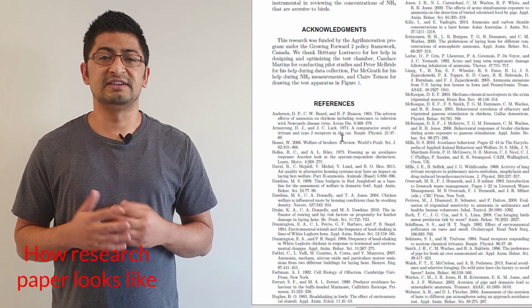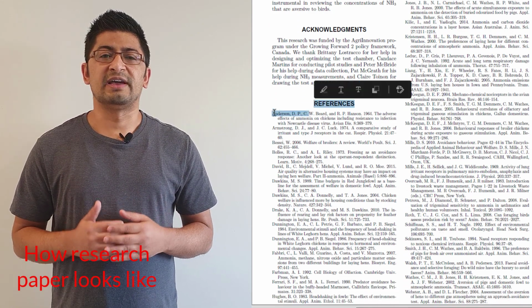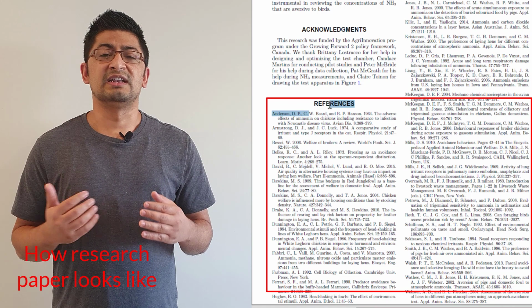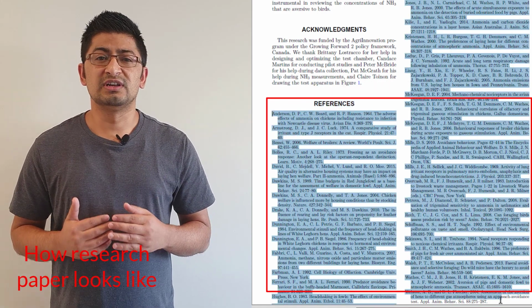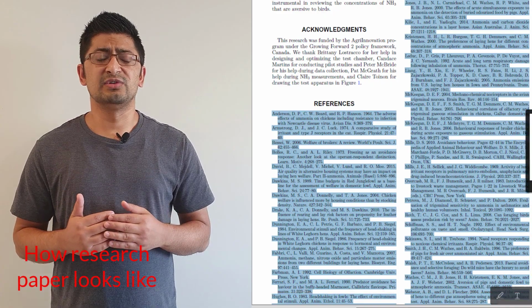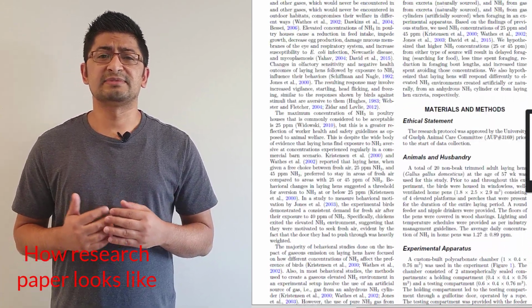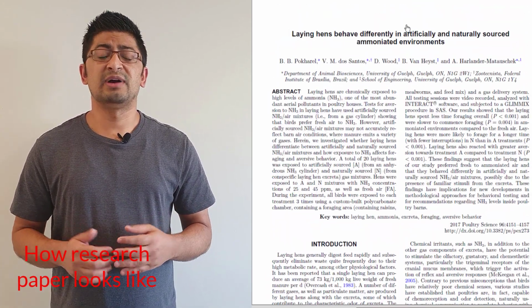And once you complete the discussion section, that is followed by references, which is basically where you cite all other previous works. So this is how a journal article or research article looks like. There is another kind of scientific paper which is called a literature review. I'm not going to talk about that because a literature review can follow several different formats, and I have also made one video on literature review. If you want to know, click the I button.